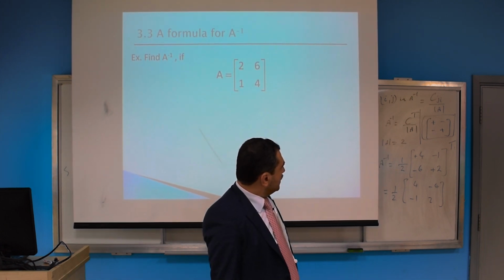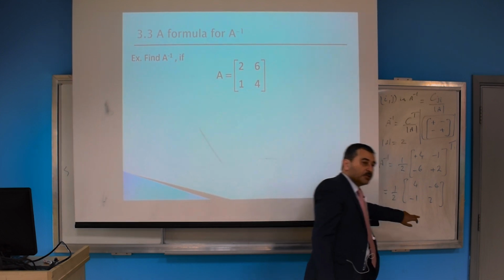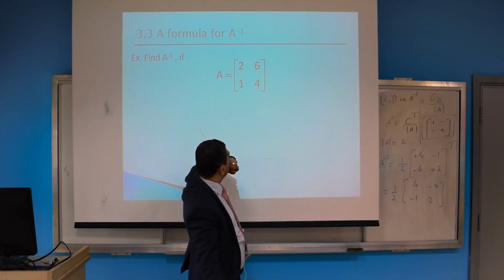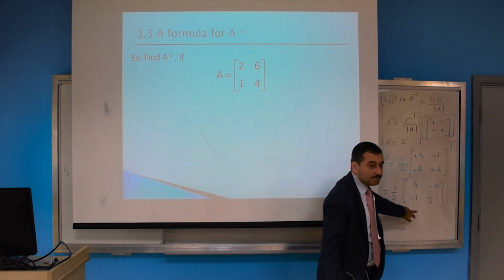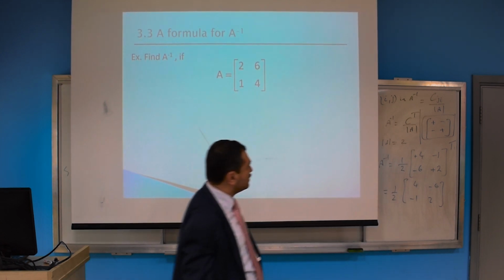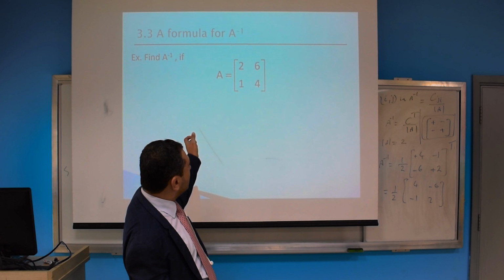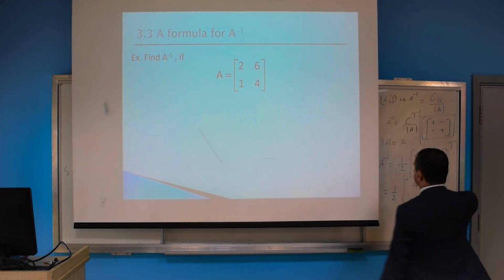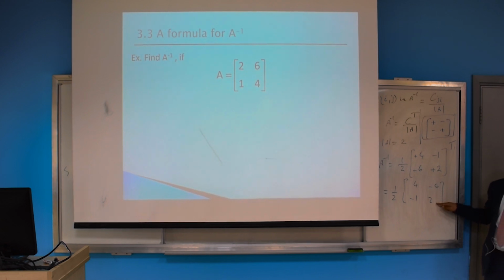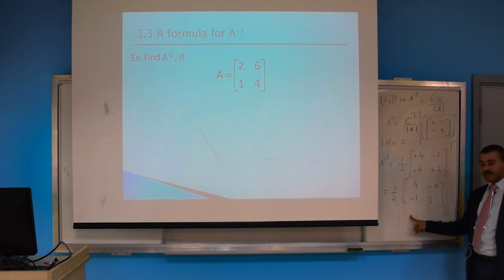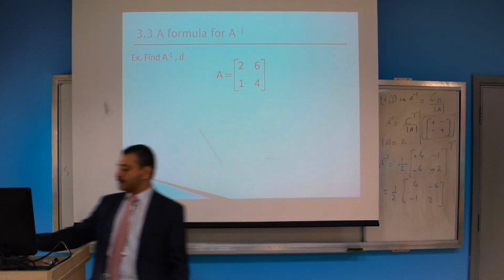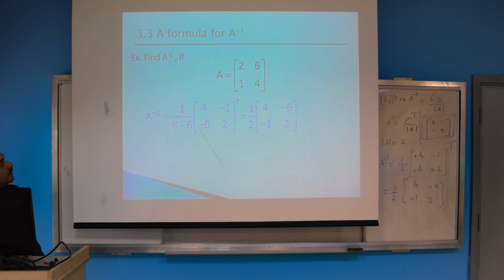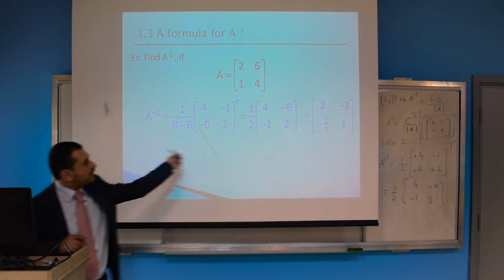Okay? If you look at this guy and the original matrix, you can conclude what we did in a simple way. What happened actually here? The main diagonal, we interchanged the entries of the main diagonal, and it changed the sign of the off diagonal. This is called the off diagonal, and this is the main diagonal. Okay? Here I multiplied half by each entry.